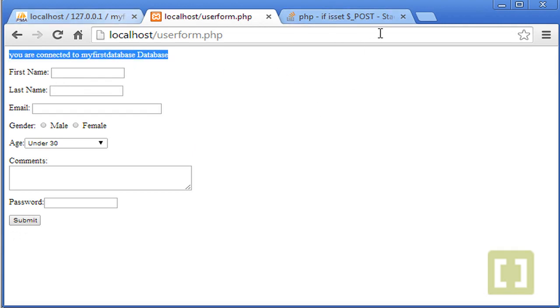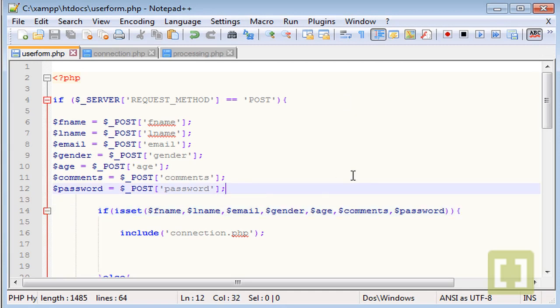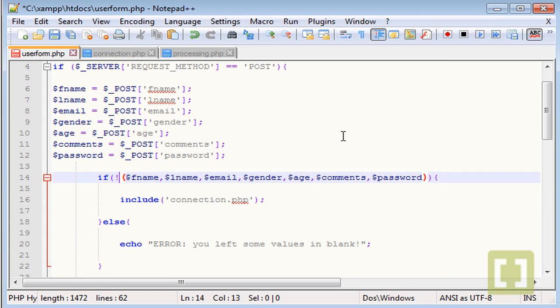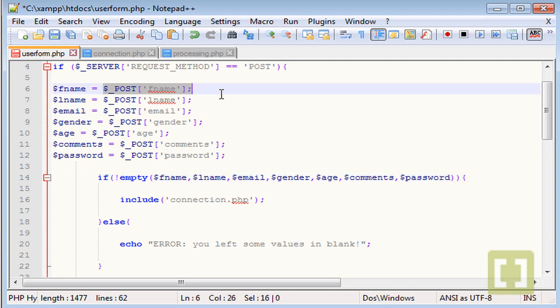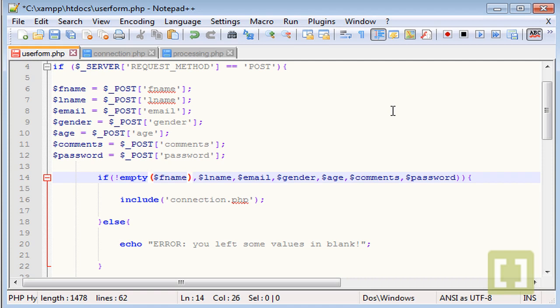So this is an error, and in order for you to check this, I can tell you why the error exists. Basically some of the post values are set even if they are empty. So in some cases we can return something from a form empty, like password and comments as we did now, but it's considered set. In order to avoid this problem, you can use the not empty function, okay? That will check basically if any of these variables are empty. So we need to do this for each one of the variables